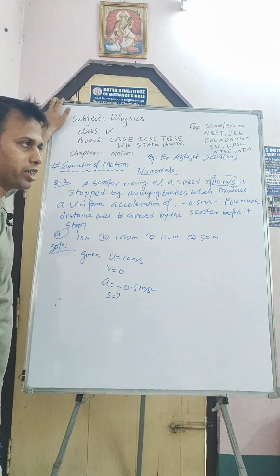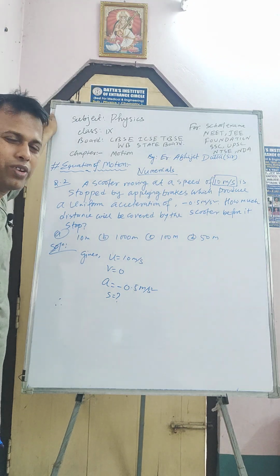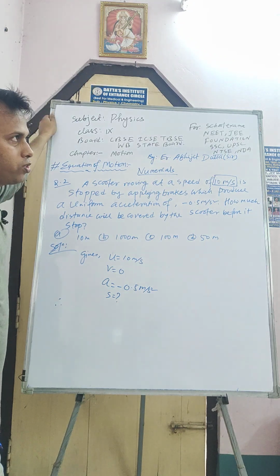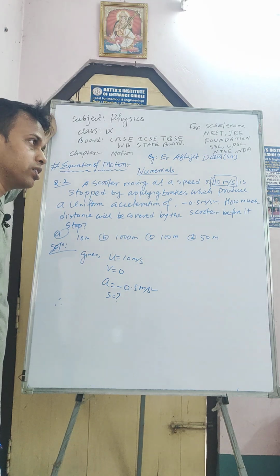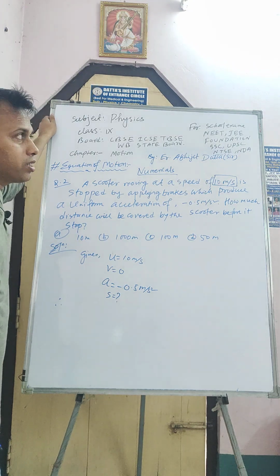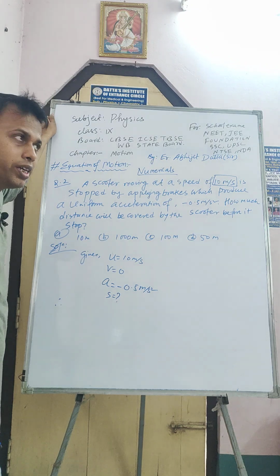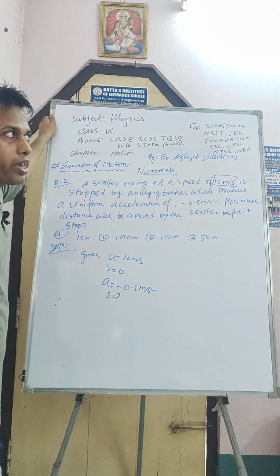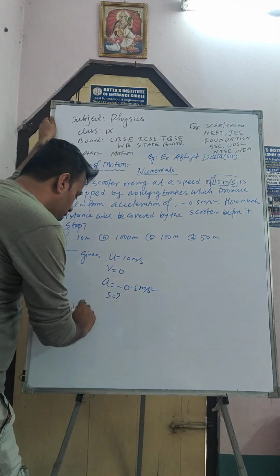If I use the distance equation s equals ut plus half at square, time is not given, so we cannot find it easily. If I use v equals u plus at, from that we cannot find the distance, because in that expression distance is not there. But in the third equation, v square minus u square equals 2as, yes, I have v and I have u, I have a, and you have to find out s. So you have to think like that.